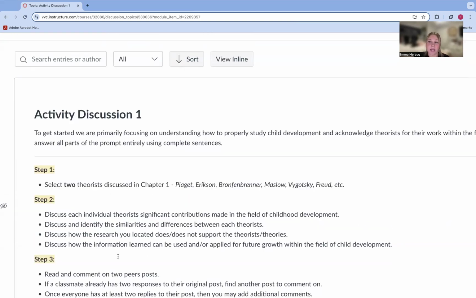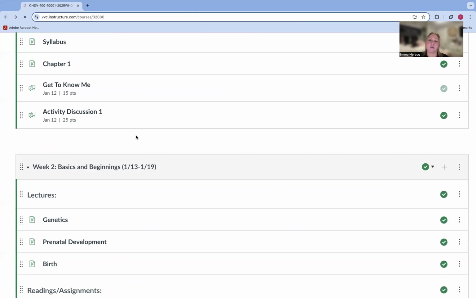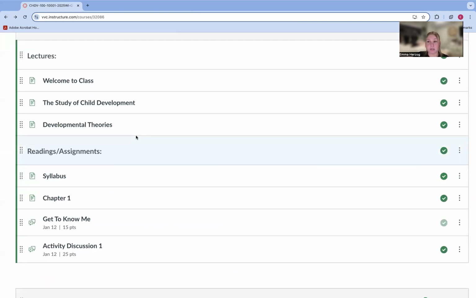And you'll notice with the activity discussions that you will not be able to comment on your peers' posts until you have posted your own discussion. So if you go in to look at the assignment and you can't see anybody else's posts, it's likely that you haven't uploaded your own discussion board post yet. So you'll need to post your own variation of what you're doing for the assignment. And then once you've posted, you'll be able to see your peers' comments, and then you will be able to comment on theirs.